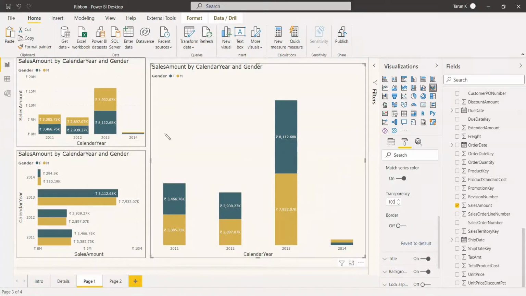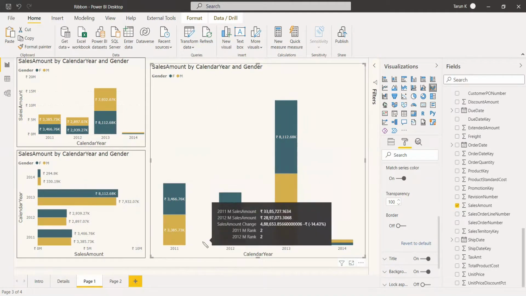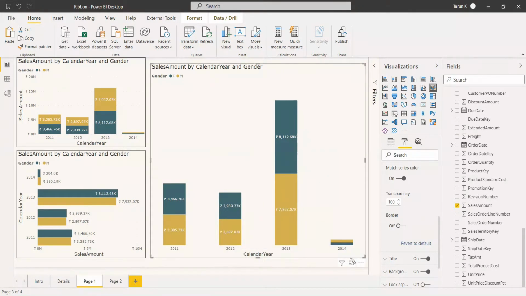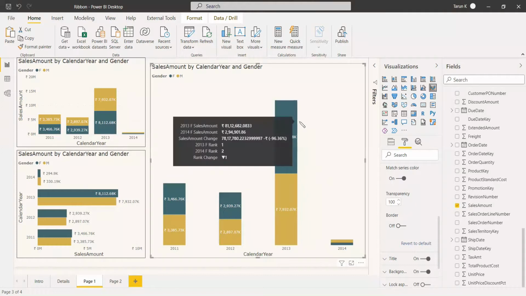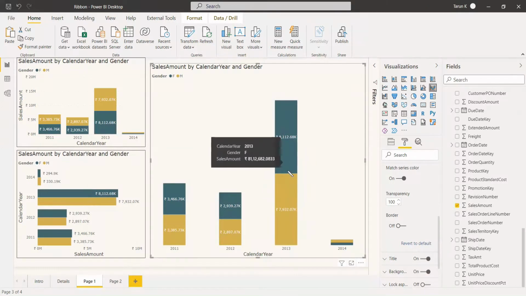So this gives much more insight than the clustered column and stacked charts, because here we can find out all the measures with respect to the year which is higher, and at the same time we can find out from that value which legend is higher, like inside a category which one is higher.